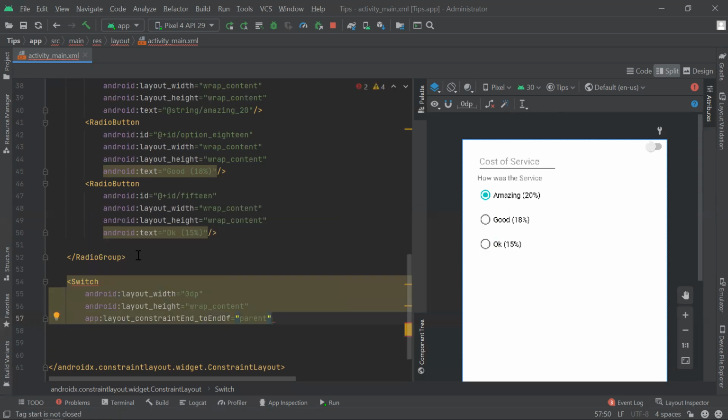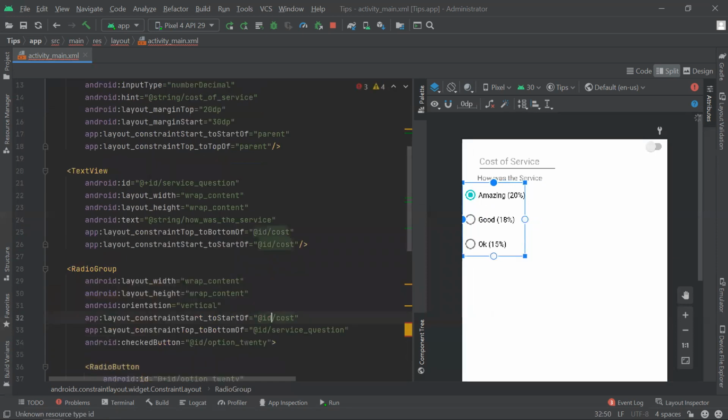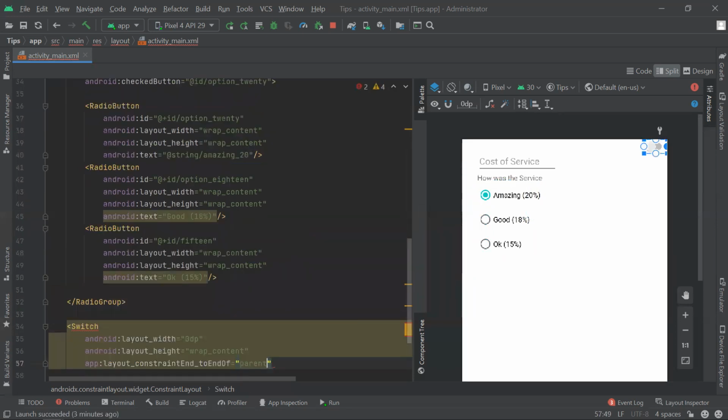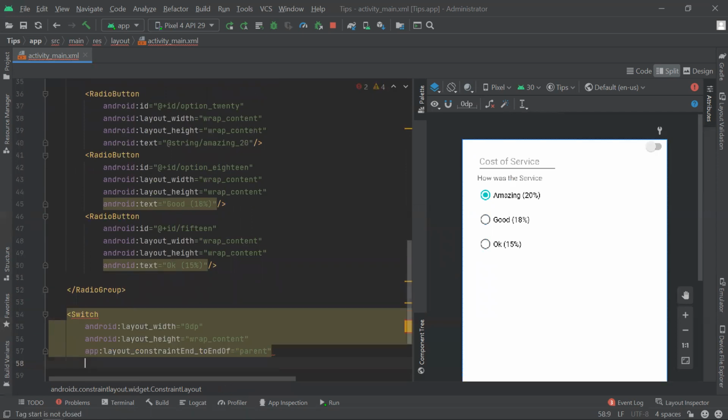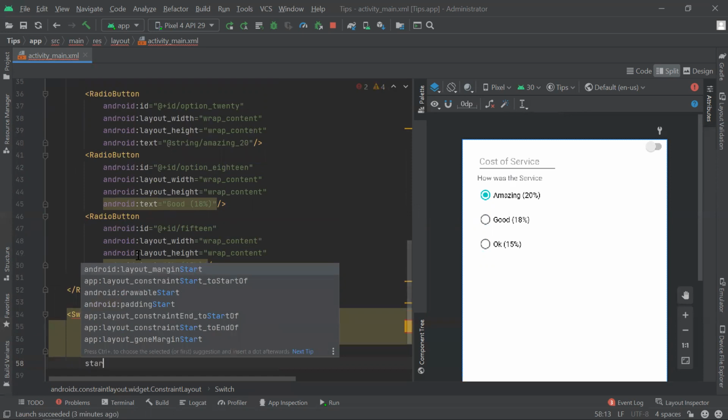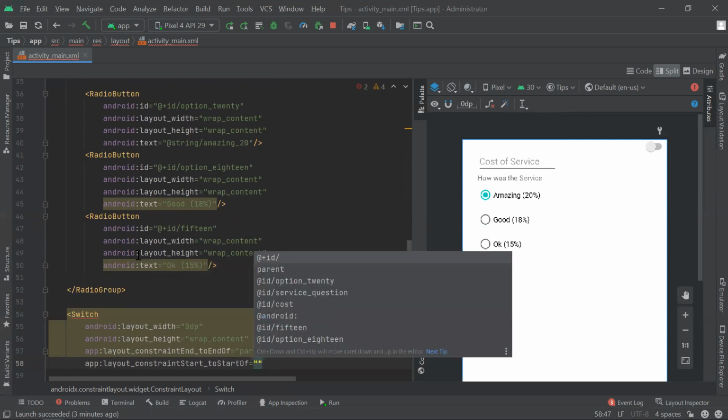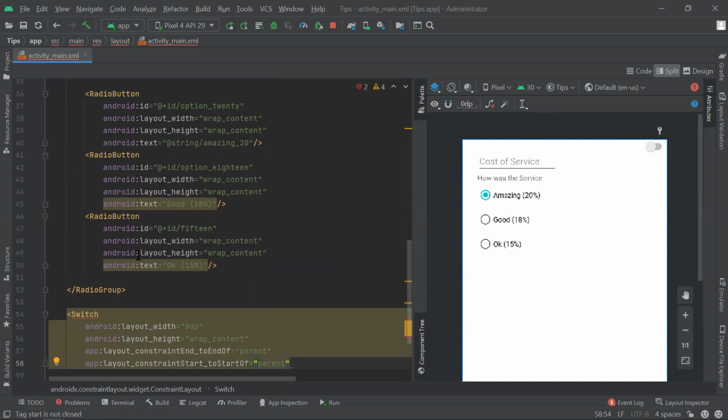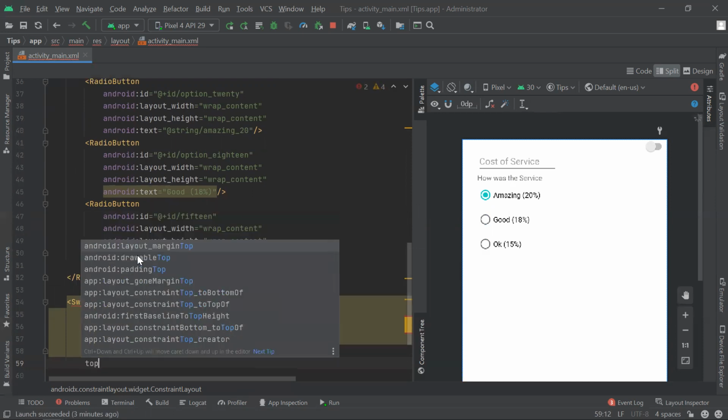Okay, and then I want the start to be the start of parents. Okay, let's make it start of parents. And then what else? Let's say the top, of course, should be the bottom of our